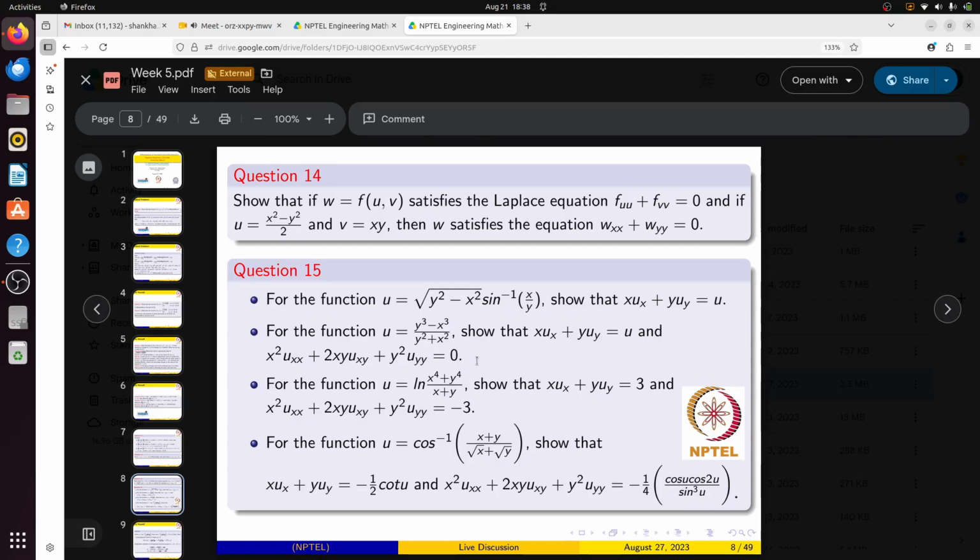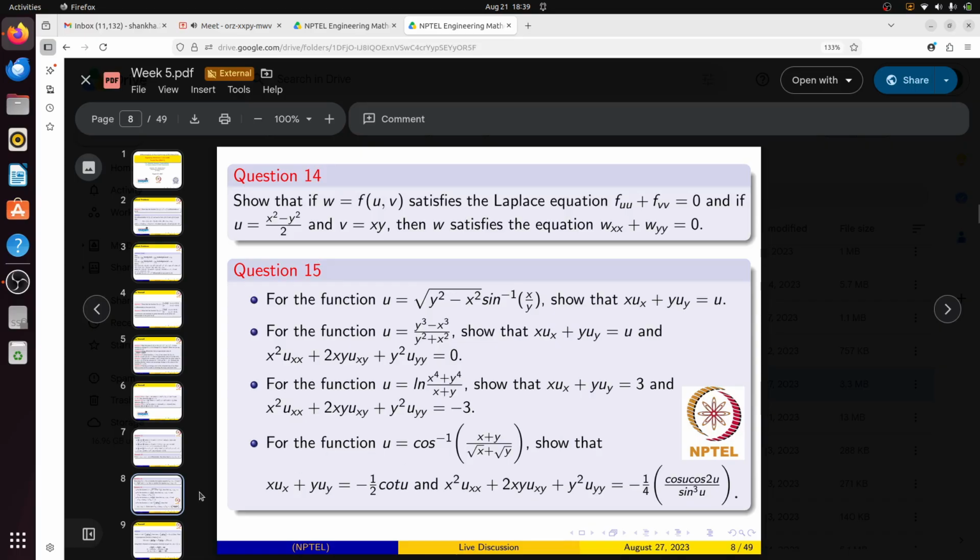Euler's extension theorem says that if you explain them in terms of binomial coefficients, you consider that partial differential equation, and that solution will be equal to n into n minus 1 into u, and you can generate it in any dimension. You can get x cube uxxx plus 3x square y uxxy plus 3xy square uxyy plus y cube uyyy. This is equal to n into n minus 1 into n minus 2 into u. So this is just a classical Euler's extension theorem problem.